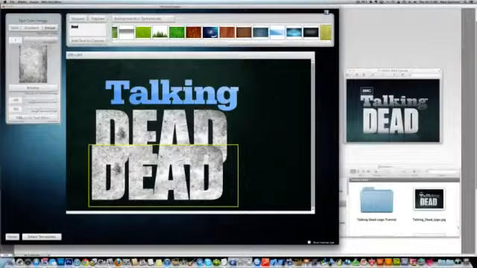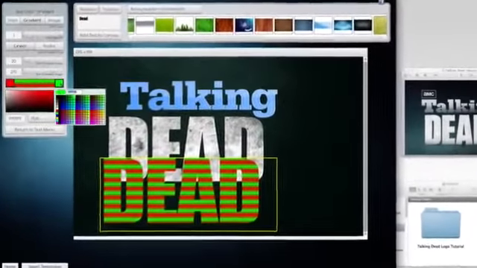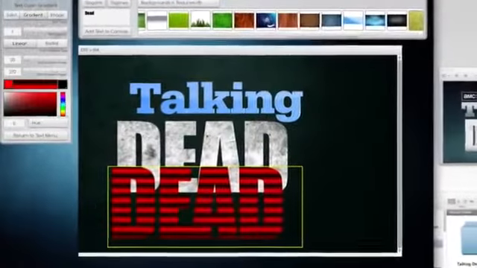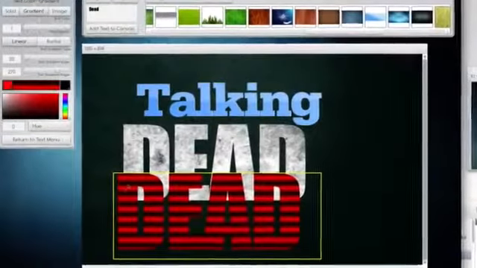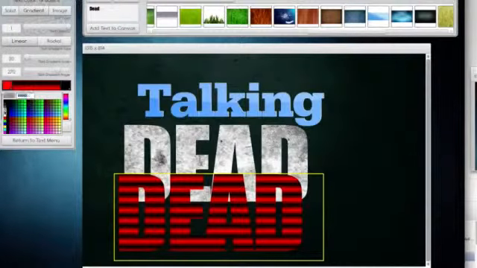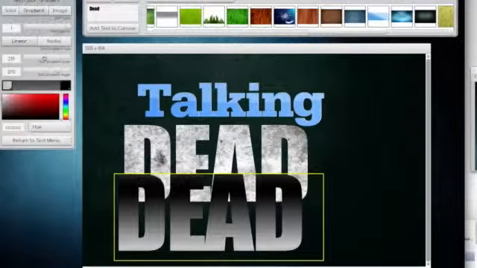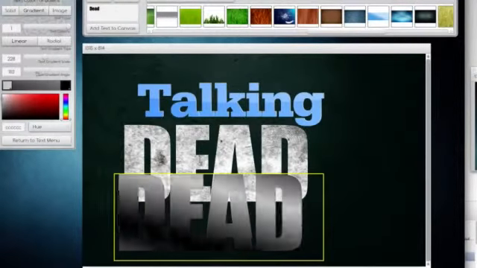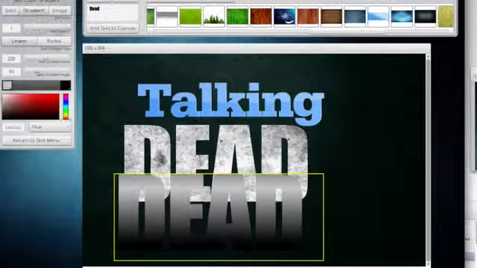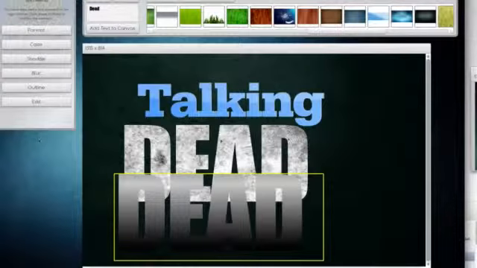We're going to colorize this in a gradient so that the bottom is black to match the black background, and the top is more of the white in the logo. So we'll make that like a gray, and we'll stretch the gradient out. We're going to have to flip the gradient now so that the black is on the bottom. Stretch it out even more. There we go, like that. And then we're going to fade the opacity